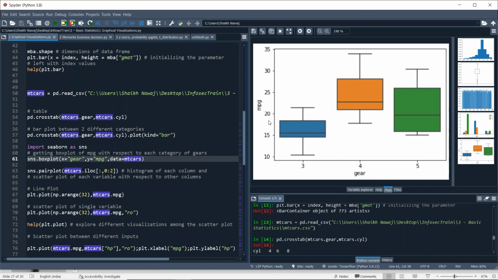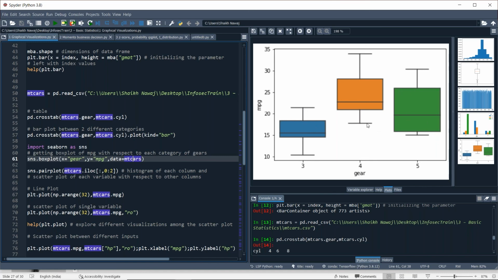If a car has 3 gears, the mileage per gallon would be between about 11 and 22. So we are comparing the ranges here.